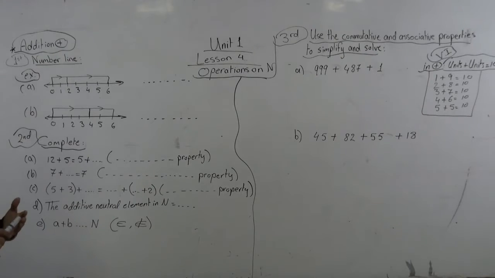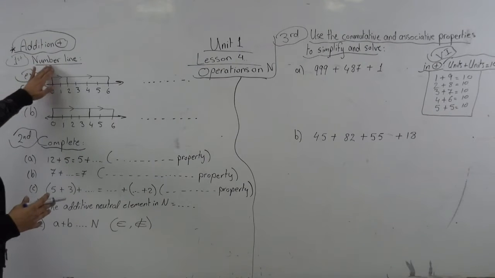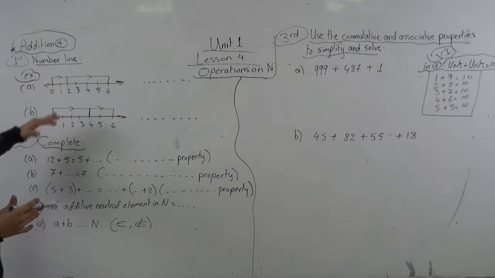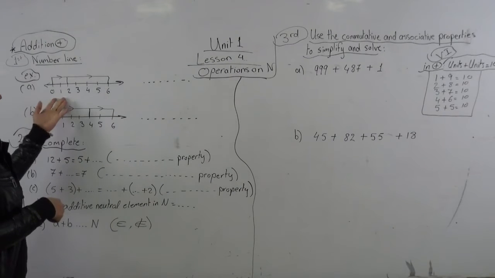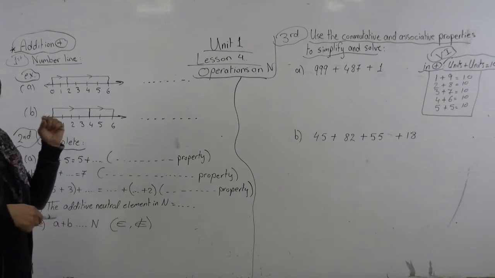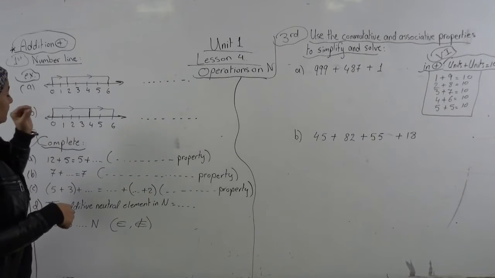We have 4 operations on numbers: addition, subtraction, multiplication, and division. This is the first part, which is addition. The addition, which is plus, has properties or abilities. First, we are going to see how to represent addition on a number line, and then we are going to speak about the properties. When we see a number line like this, the first number is very important and